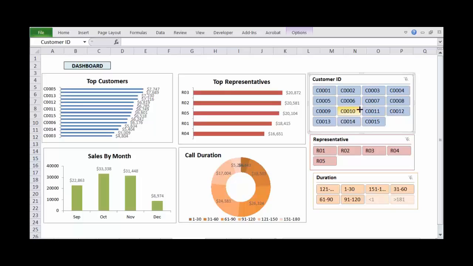These slicers are very useful to give you an idea about the customers, to give a visual representation of your data, and senior management likes it. You also get a very good understanding of how this is done. I have not created a pivot chart for this, but you can easily create one, connect it to the slicers, and see how exciting the visualization of the data can be when you bring together pivot table, pivot chart and slicers. I hope this will clear your doubts.